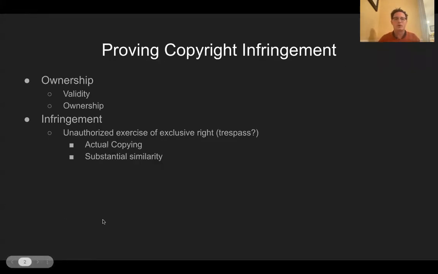So there are two core elements to a copyright infringement action. You'll see these being similar to the elements of infringement in other forms of intellectual property rights. First, the copyright owner has to show that they're actually the owner of a valid copyright. Right? You can't sue on a copyright you don't actually own, and in addition, you can't sue on a copyright that's not valid. So if a copyright, for example, has fallen into the public domain, you can't sue on it anymore. If you have merely licensed the copyright from someone else, but you aren't actually the owner of the copyright, also you're not the person who's in a position to sue.